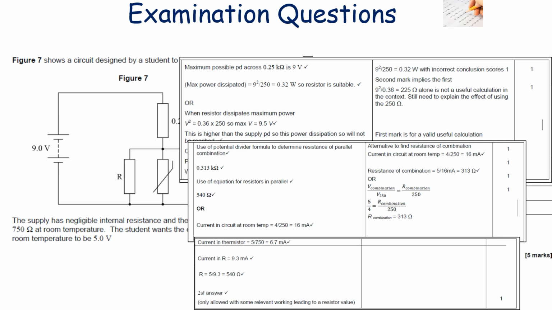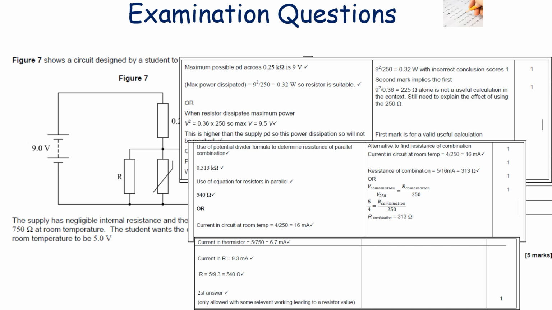We know that our R is going to be 750 ohms. We know that because that's what the thermistor's resistance tells us in the question. So therefore the current in the thermistor is 6.7 milliamps. So if we know that the current in the thermistor is 16 milliamps and then it splits up into